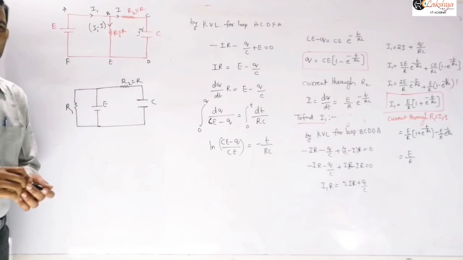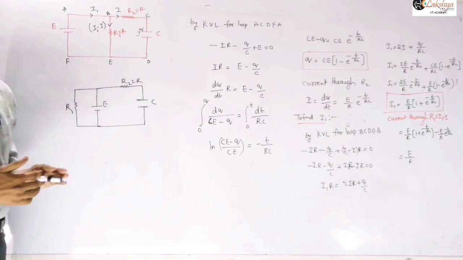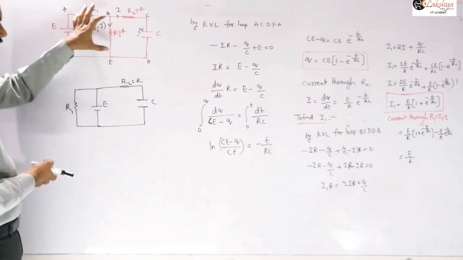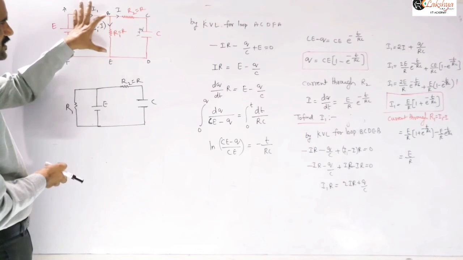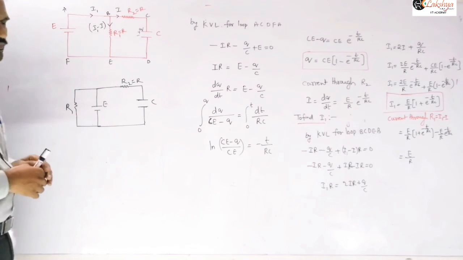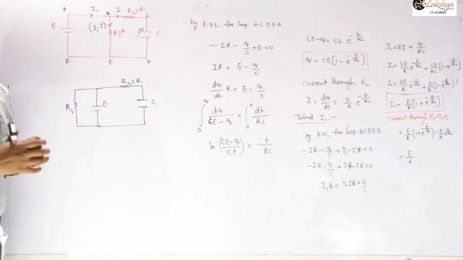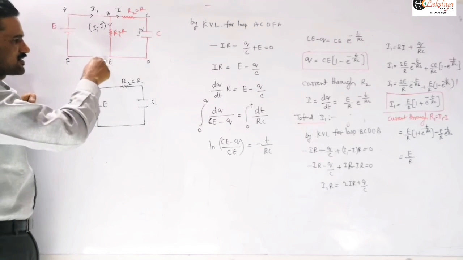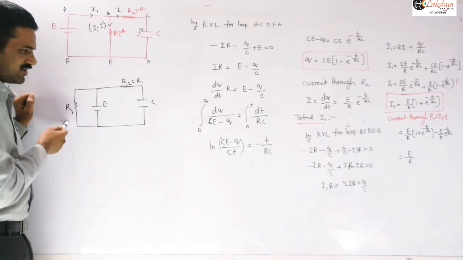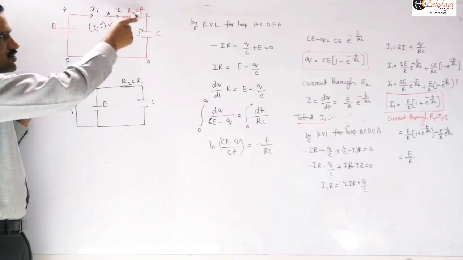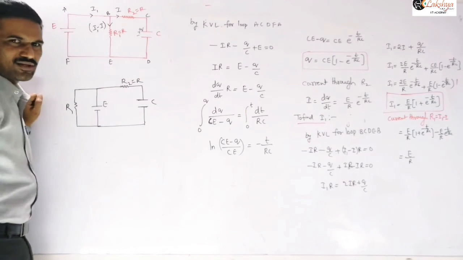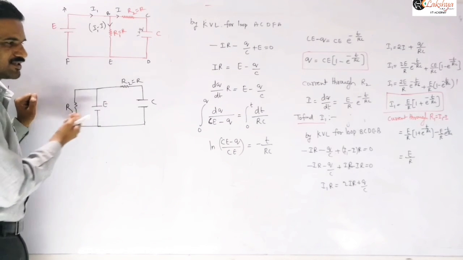So is there any difference between those two circuits here? Is there any difference between these two circuits? What I am doing is just drawing this resistance on this side, so that there is no difference in that circuit. The potential difference across this resistance is E, and now also it is E, and the potential difference across this combination is E initially, and so now this is also E only, right? And so now this is nothing but the given circuit here.